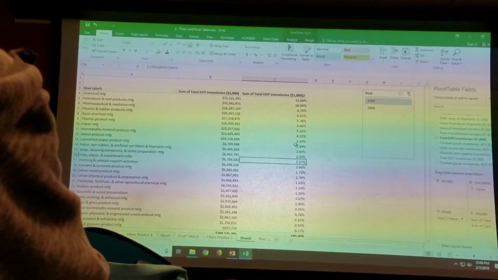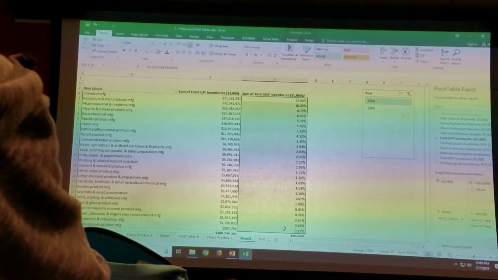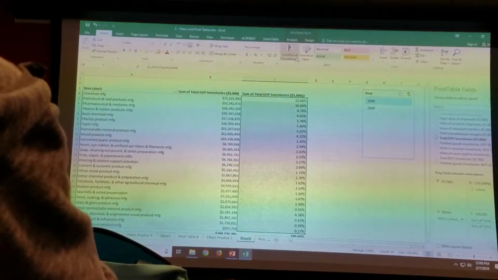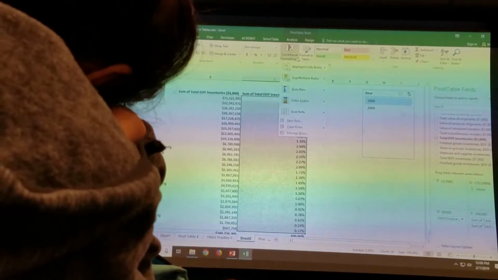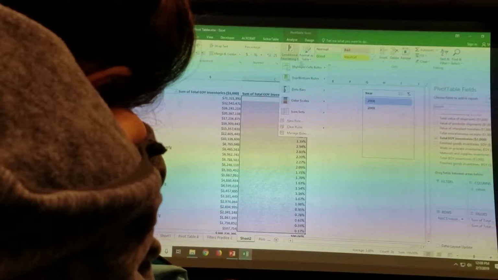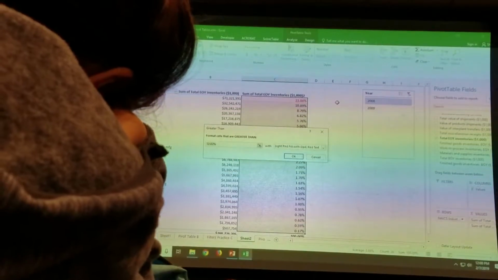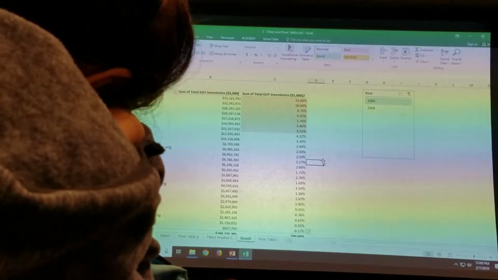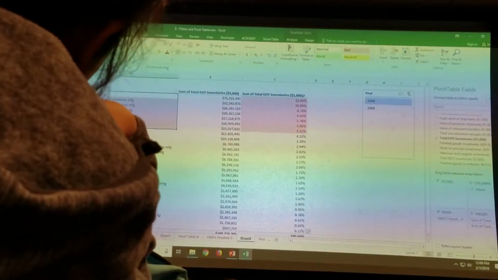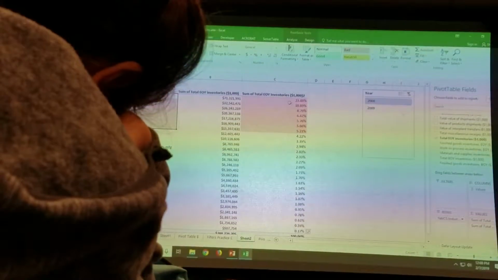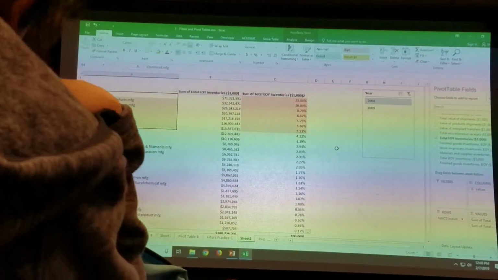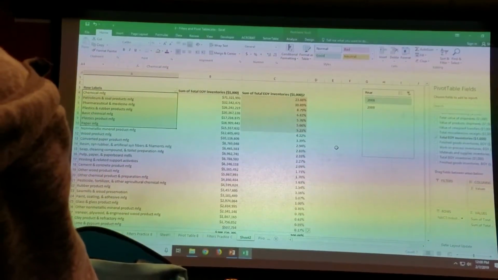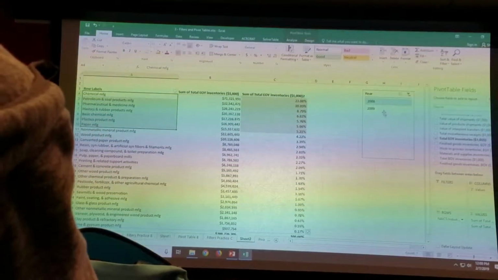Okay. And I'm going to do something. You don't have to do this, but I'm going to do a quick conditional format. Does it say greater than? Yeah, more than. So I want to make sure I say greater than 5%. I'll just leave the default red, is okay with me. So there you go. Those are the industries that, right there, those are the 7 industries in the year 2008 that accounted for more than 5% of the total end of year inventories. In 2009,